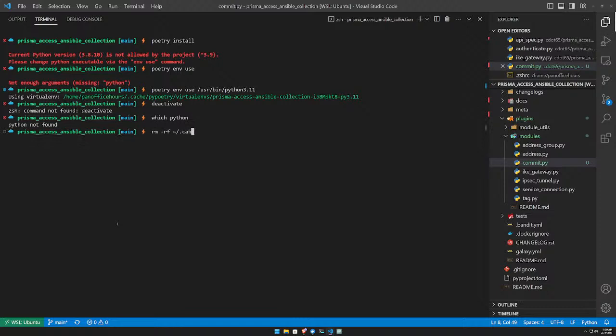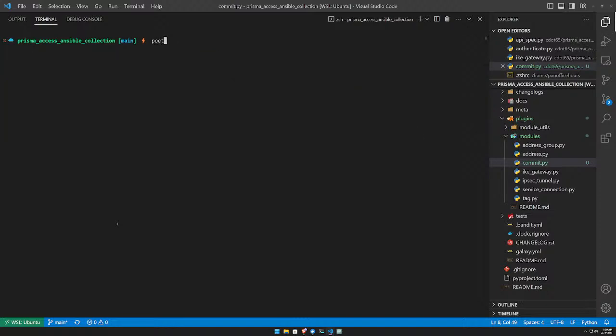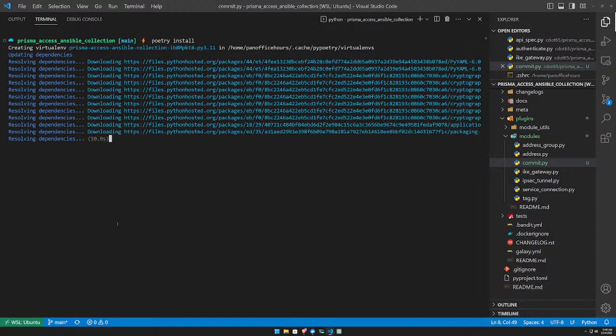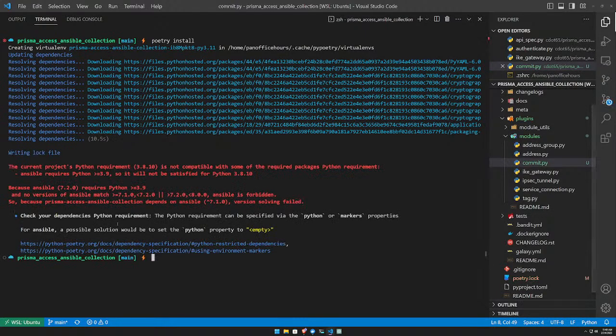Remove cache by poetry, virtual envs, and Prisma. Go away. All right, now let's recreate it. Poetry install. There we go. So basically what had happened is that even though I installed poetry with Python 3.11,